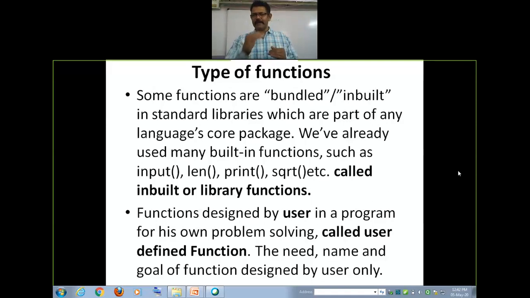For example, suppose sqrt is not in the library, and in a program we need to make a square root, then we have to write all the statements needed for square root along with the name, the body, the parameters, everything we have to design. So there are two categories of functions.